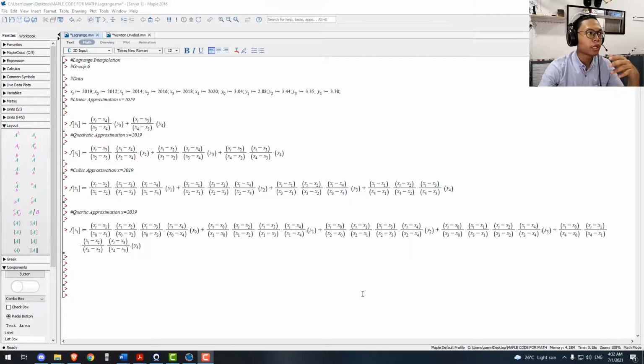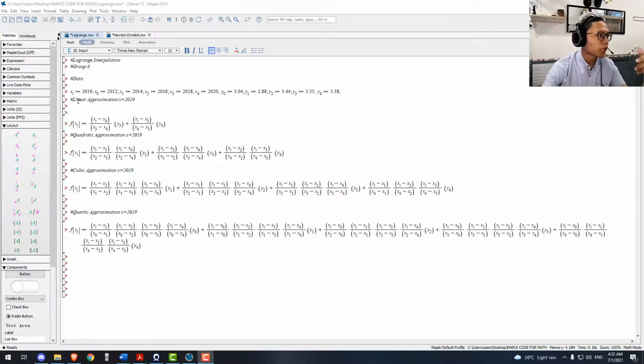Okay, next we go to the simulation part, which is the Lagrange and Newton divided differences method using the Maple solution. In Maple, we run the code, which is the formula inside, and we get the answer directly, very fast. We go one by one: the first is Lagrange and the second is Newton divided. For the Lagrange interpolation,